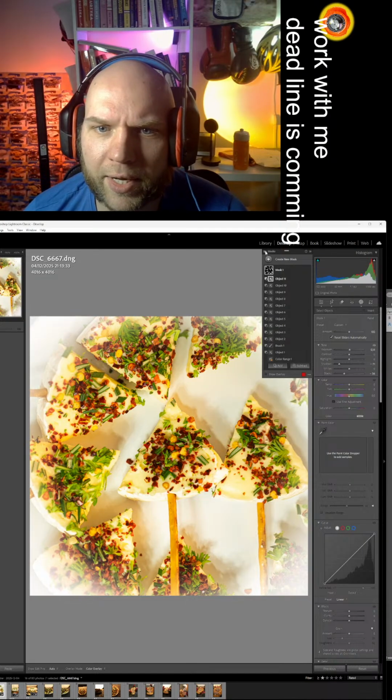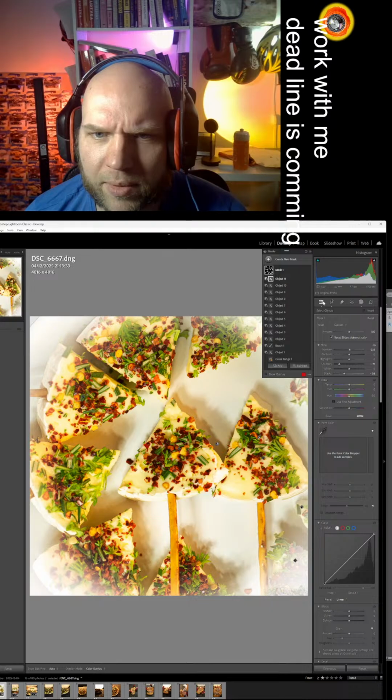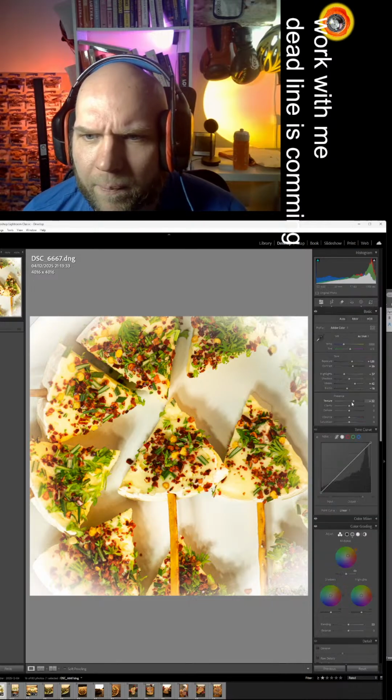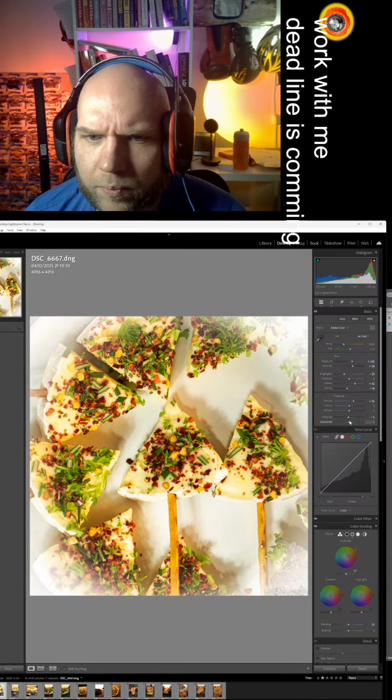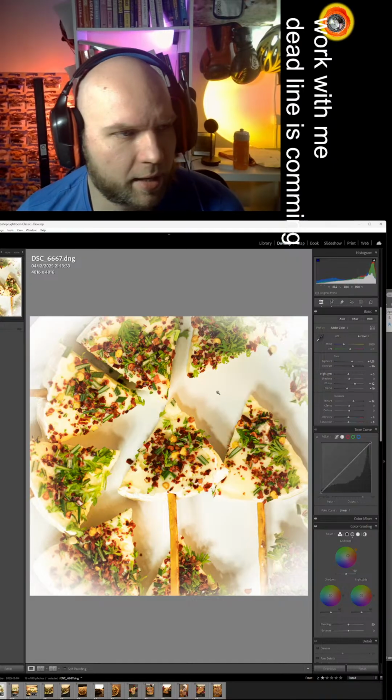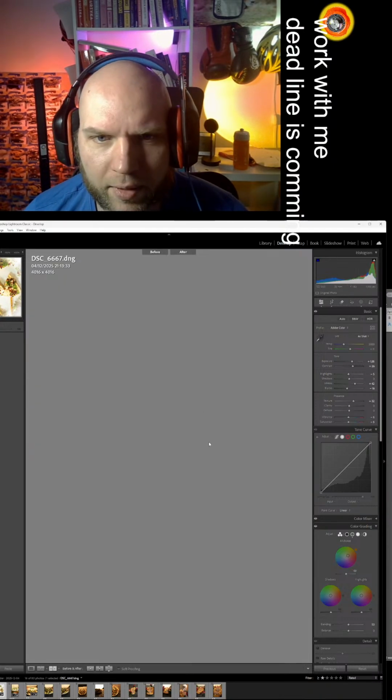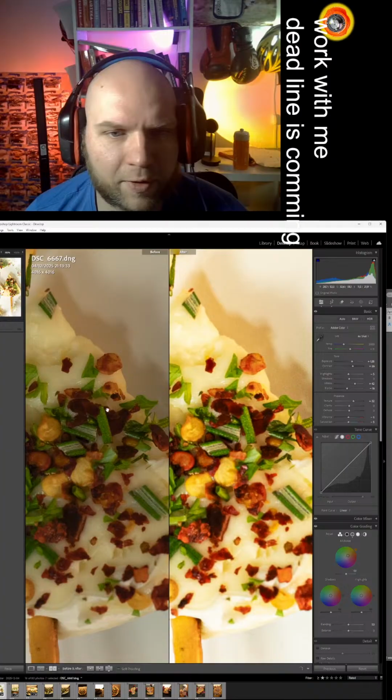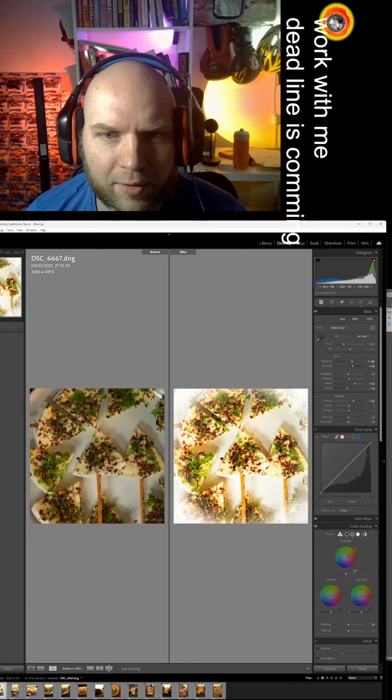Perfect. And so we created nice shadows around. I really like it. Now you can see before and after. So before was dark, not colorful at all, and now we have nice shadows.